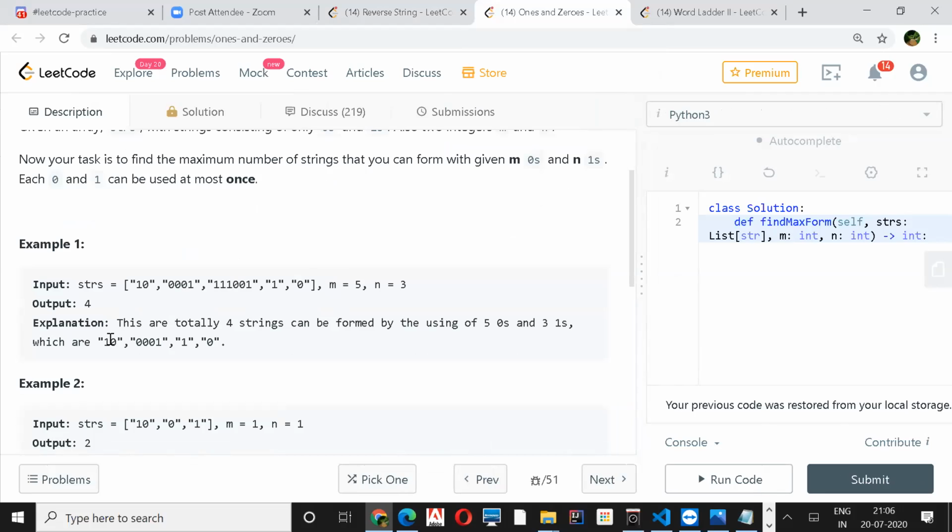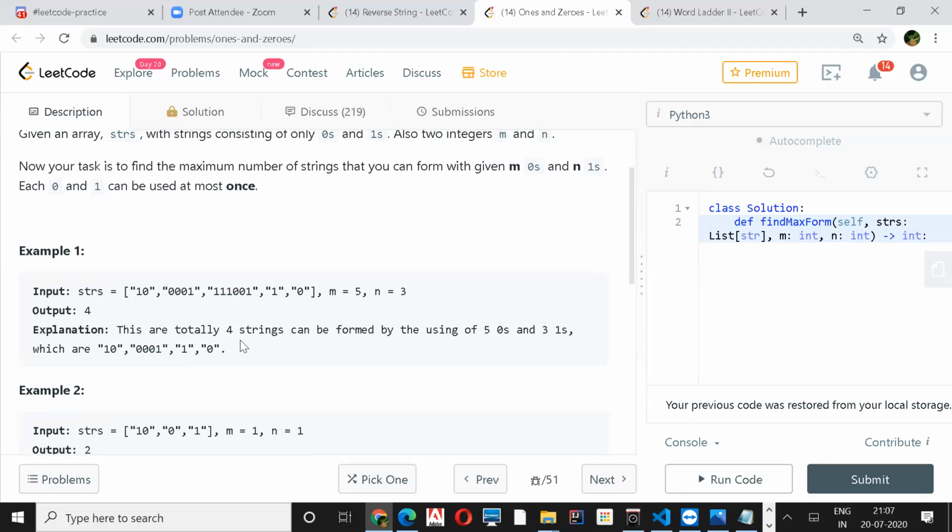There are totally four strings that you can form out of this combination, with 5 zeros and 3 ones. We need to return how many strings we'll be using to form 5 zeros and 3 ones. That's why the answer is 4. Isn't that correct?